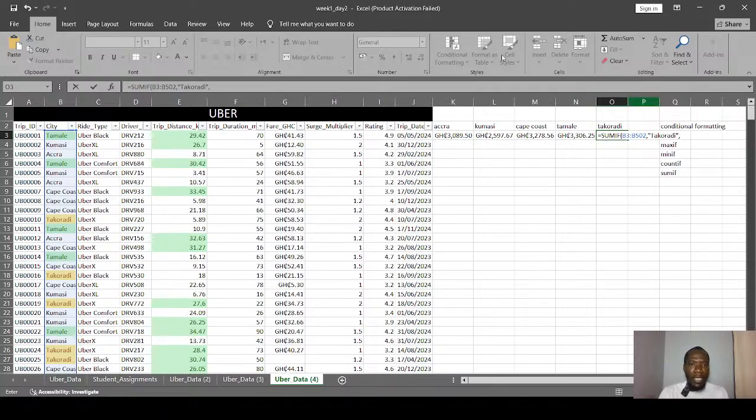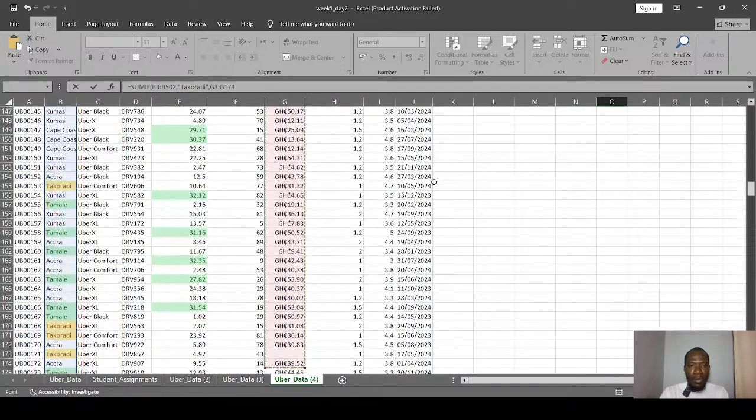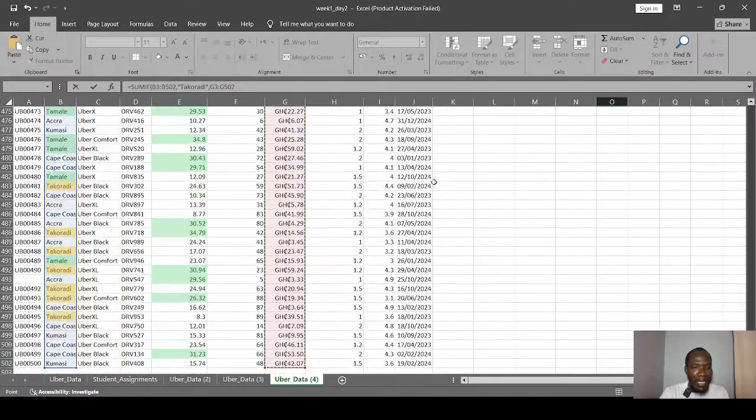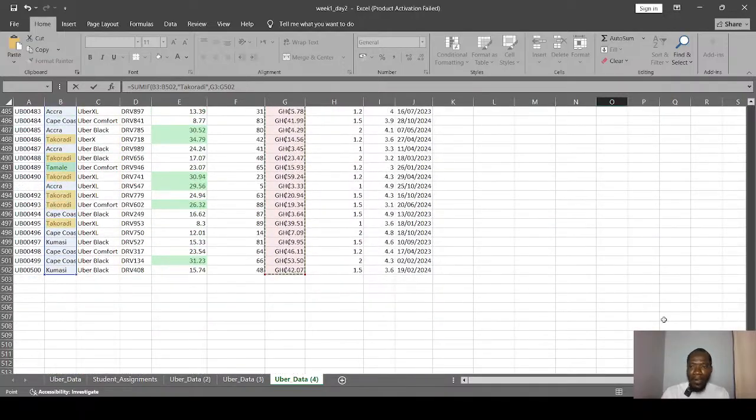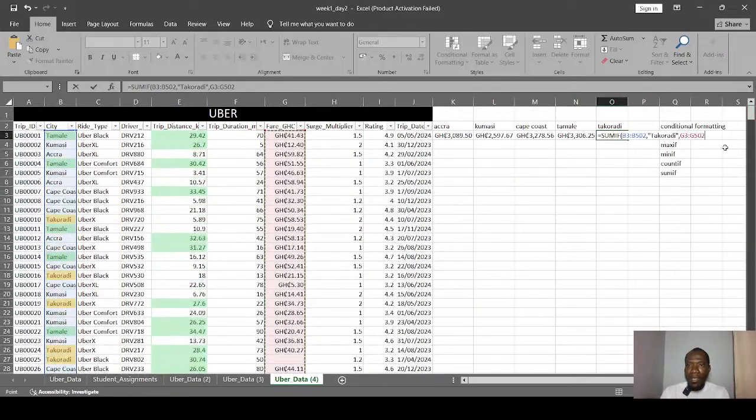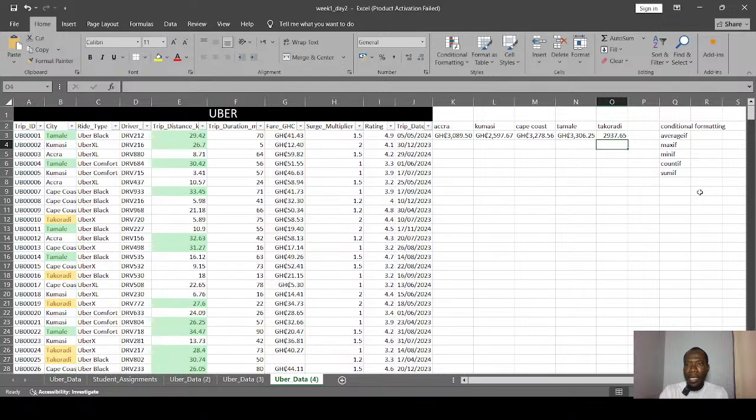Then our sum range starting G3. Control Shift down arrow, Control Shift down arrow. Yeah, I didn't down arrow myself this time. Close my bracket and then enter. Oh, Takoradi couldn't do what Napoleon couldn't do. So Cape Coast is still our reigning king.